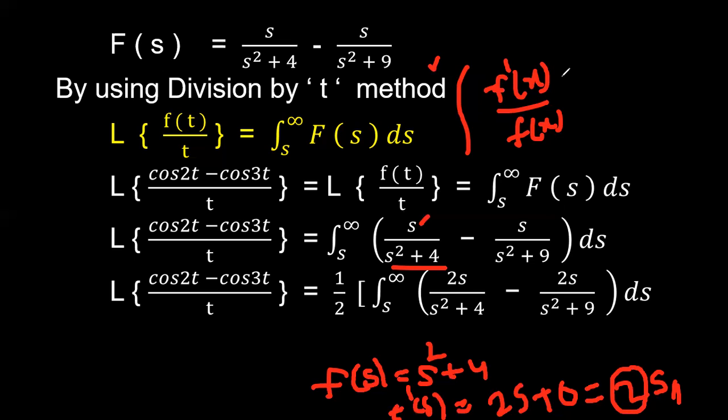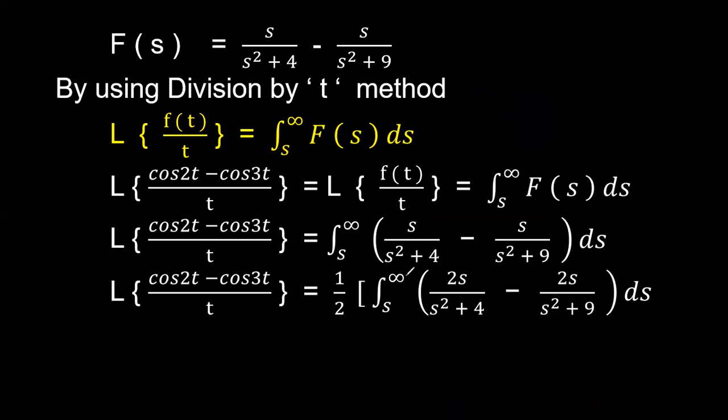So what we have to do? We have to multiply and divide by 2. We can multiply the constant terms, either it can be -1 or -2 or +2 or whatever it may be. But we cannot multiply s terms. Only the constant terms we have to multiply in order to simplify this type of equation. So we'll have the s term, but we don't have the 2 here. That's why we have to multiply and divide by 2 for this equation and also this equation, because both are same.